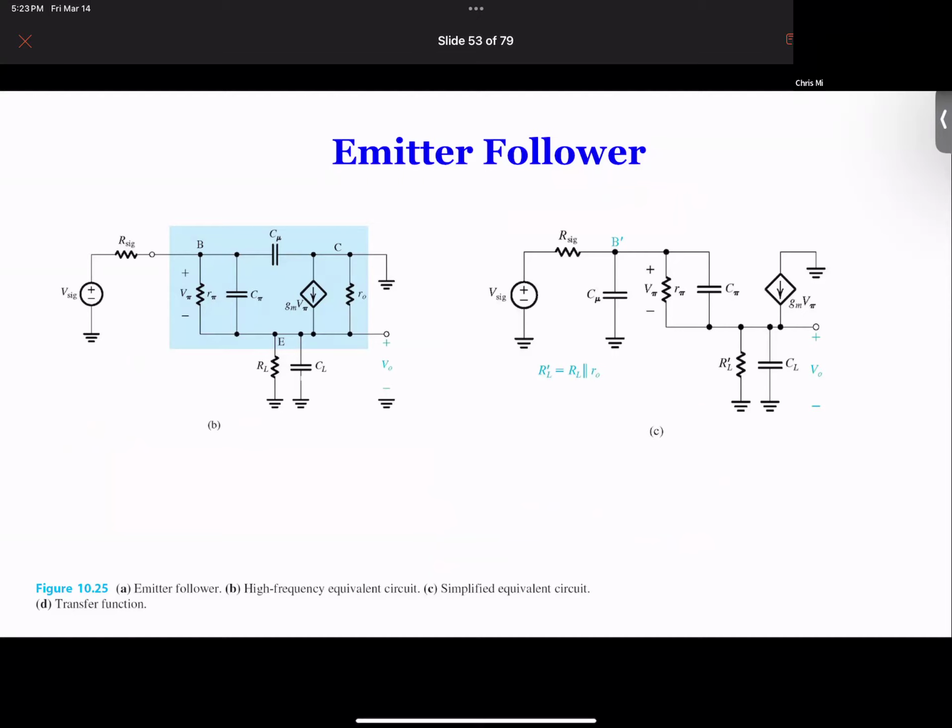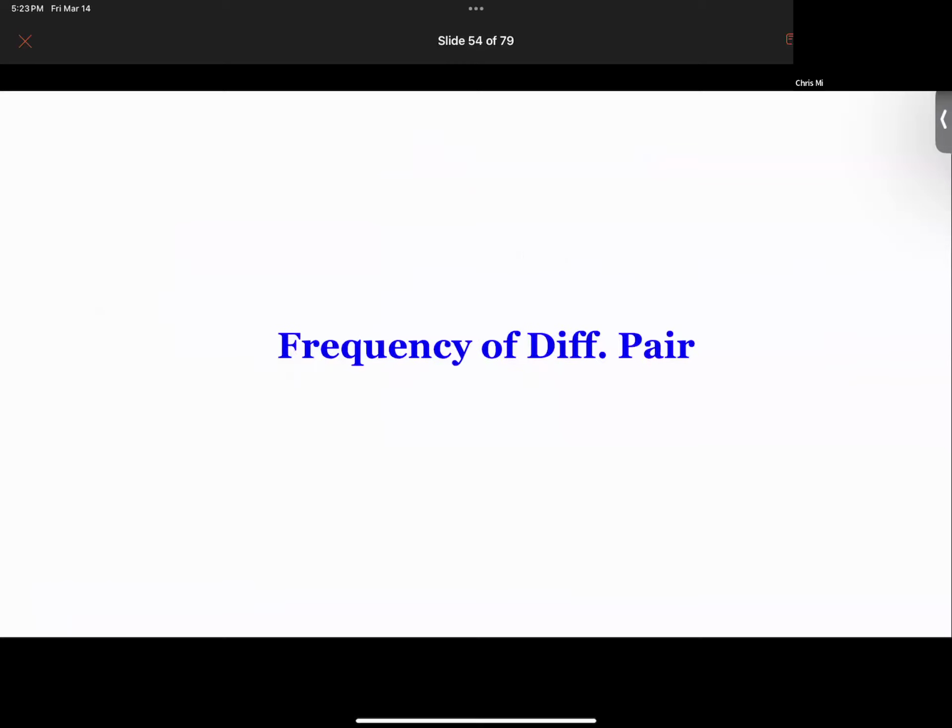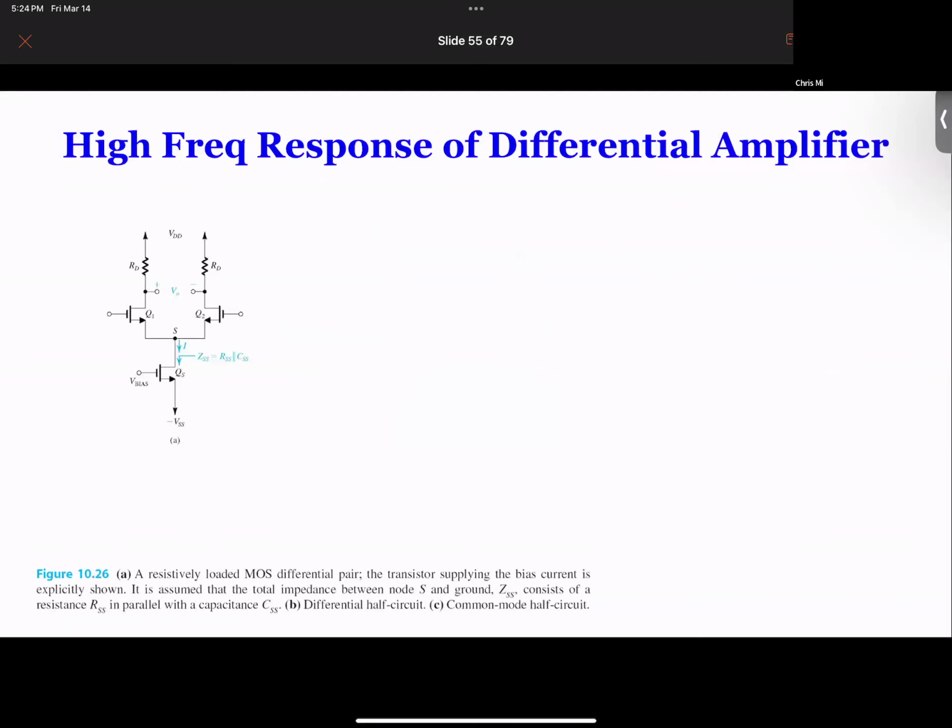Next, because I want to run down to just finish the high frequency response, because really the rest of the analysis follows the same kind of principle. Basically, draw the small signal model, add the capacitance, add the external component, write the nodal equations, derive the relation between input and output, and simplify that into a standard expression. So for high frequency response for differential amplifiers,